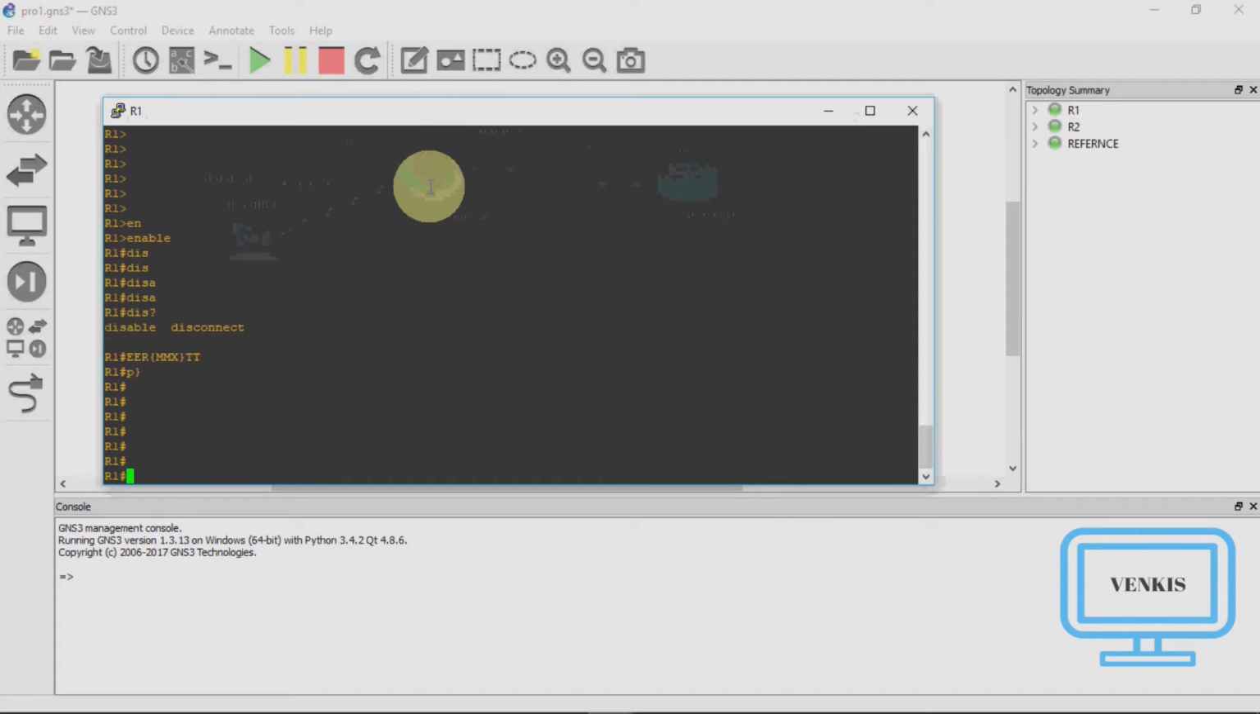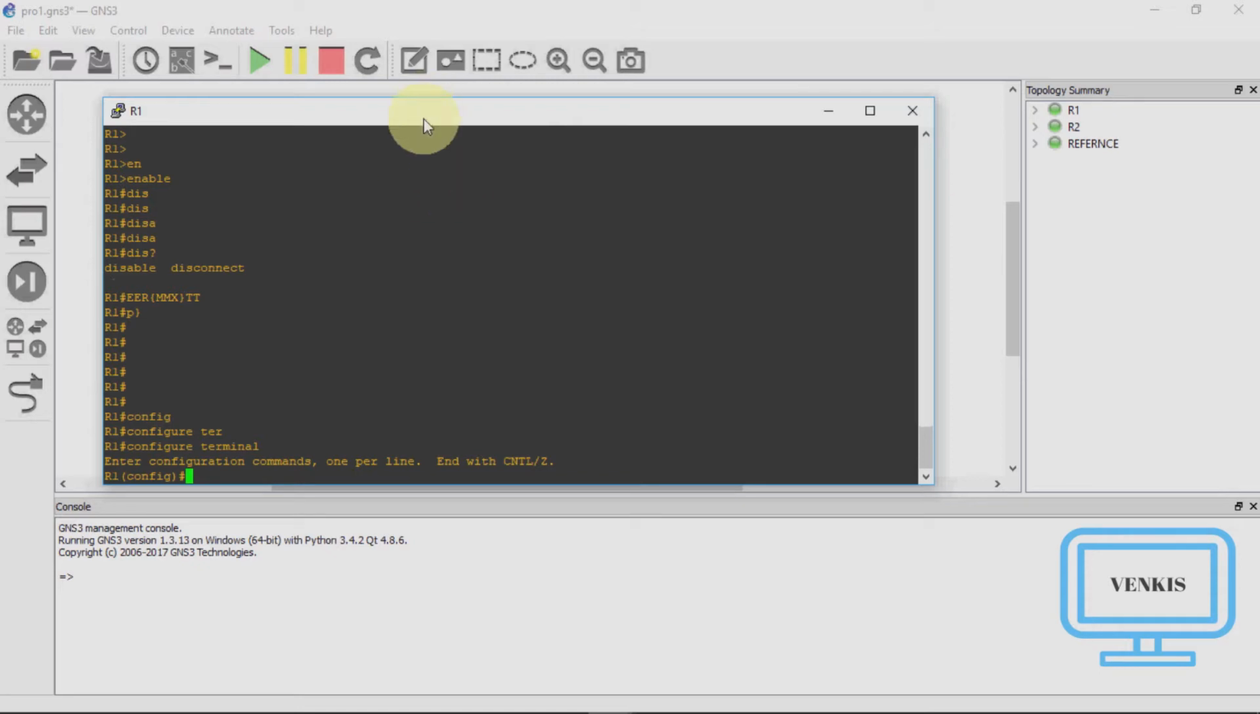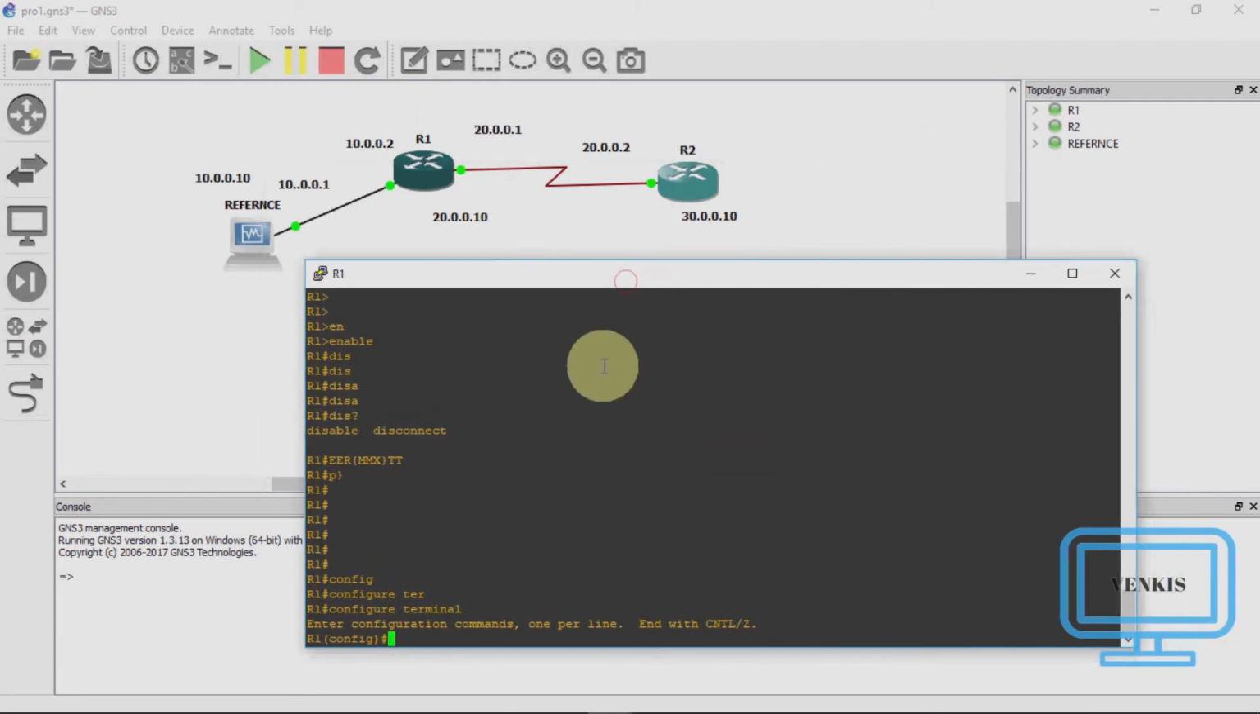I just say configure terminal, then press enter. As you can see, it will be in the configure terminal mode, that is, you will be in the global configuration mode. And now, which port is this connected to? You should know this is the fast Ethernet port